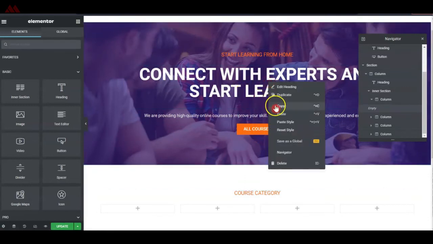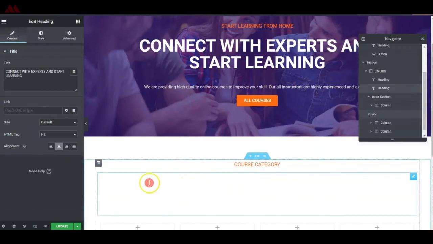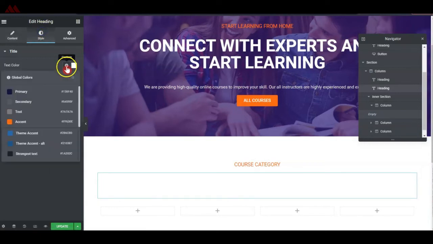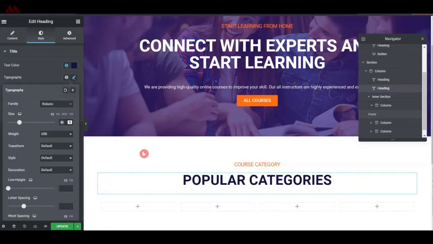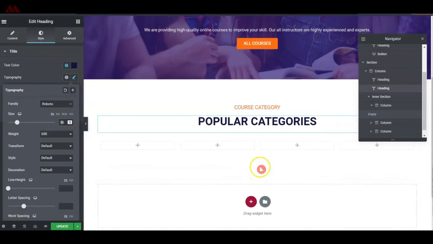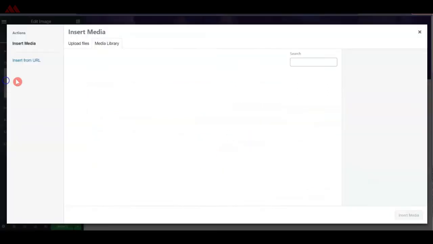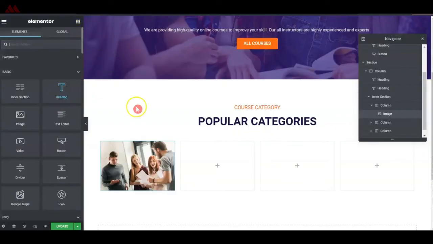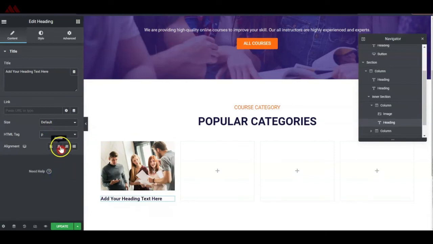So let's copy this heading again here. Let's paste below this, and we don't need this big size. And let's change the text here, and let's reduce the size. So 39 would be good enough. And here in the 4 column, let's start by adding our image. So maybe we can choose any image from here. And after this, we will add a text. So let's drop here a text. We will choose paragraph, align this to center. And maybe we can write